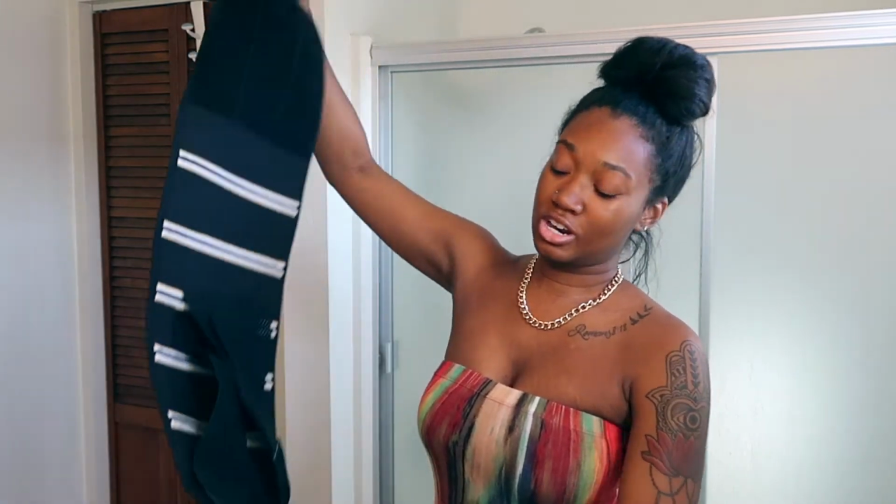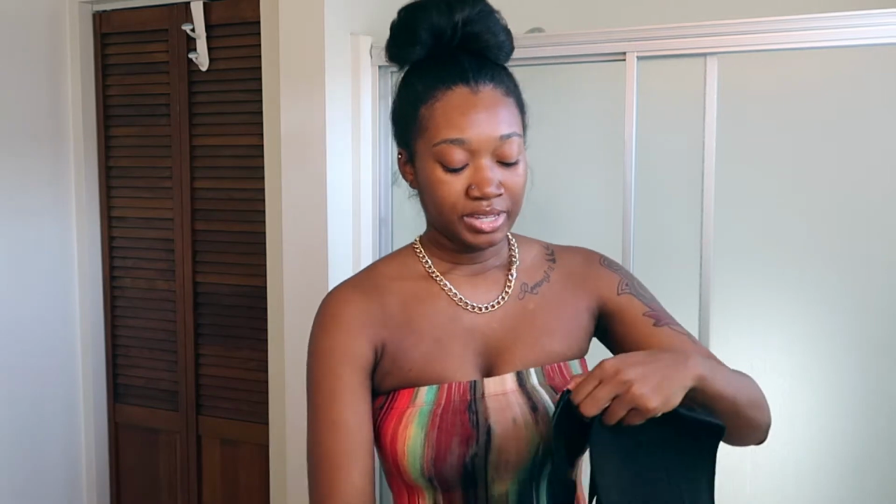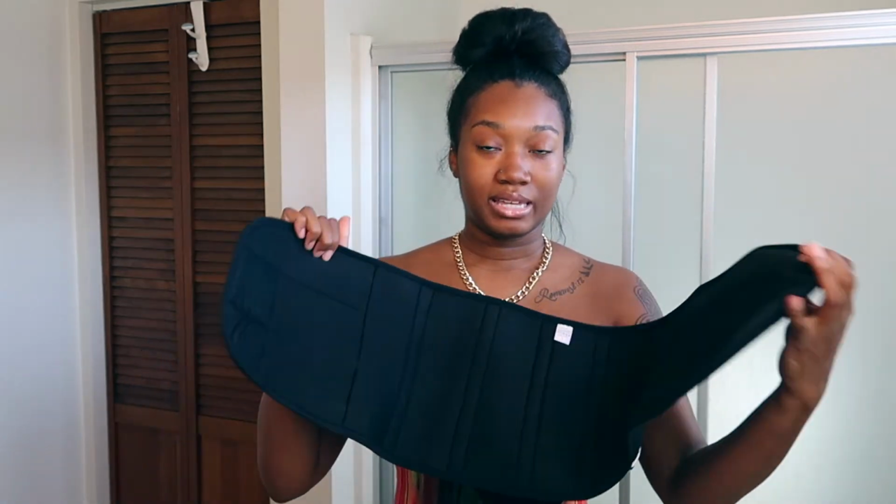I'm actually gonna put my waist trainer on, y'all, because your girl is going to Miami at the end of the month, okay? I'm trying to be somewhat snatched. And this, I got a new waist trainer. I really don't know what this one's called. My boyfriend got it for me for Christmas on Amazon because I wanted a new one. And I actually like this one better because